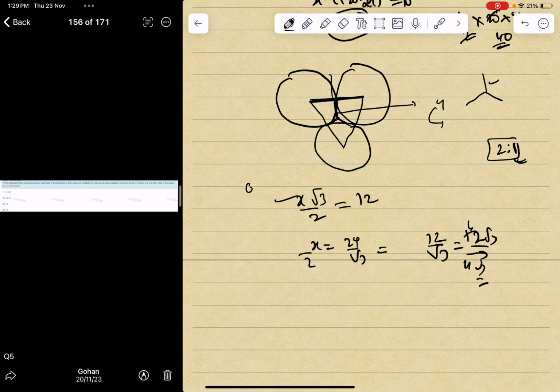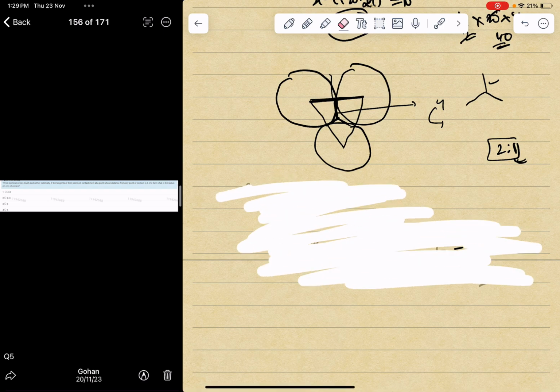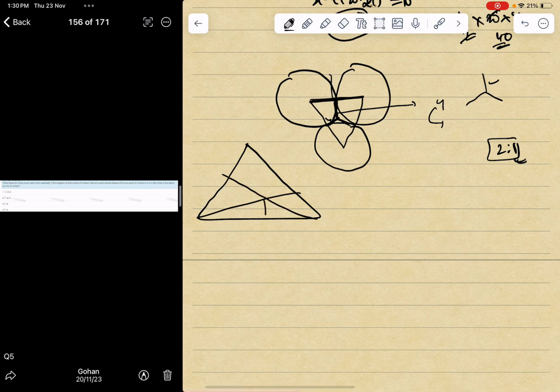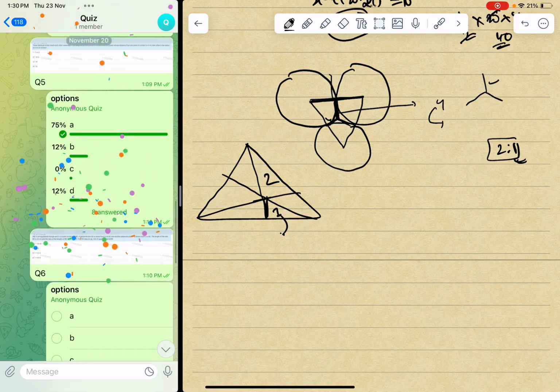Again, I'm explaining, it requires a bit more explanation. Let me draw this. It basically says that the point of intersection of the tangents, from wherever it is drawn, the distances are equal. This is the centroid, where the three medians meet, and it divides the median in the ratio 2:1. So this one part is 4, and the total will be 12. From that we find 4 root 3 as the answer. Let me check. Correct. Next one.